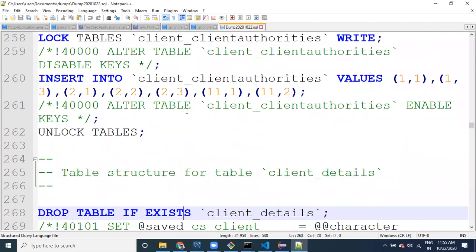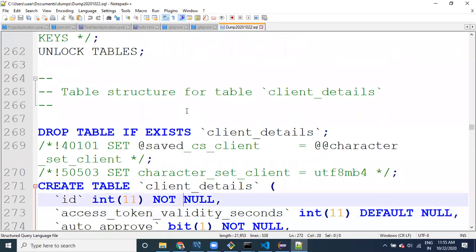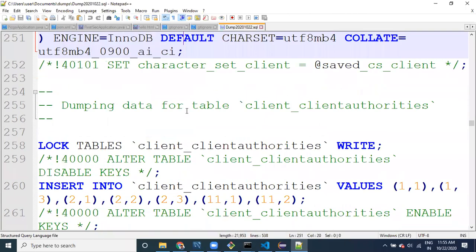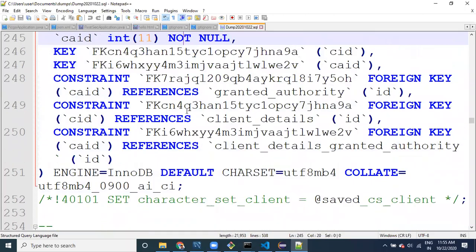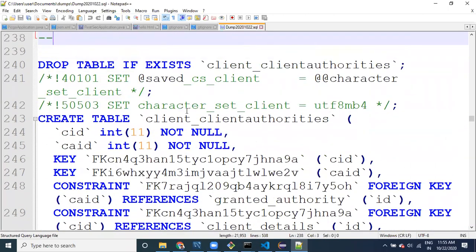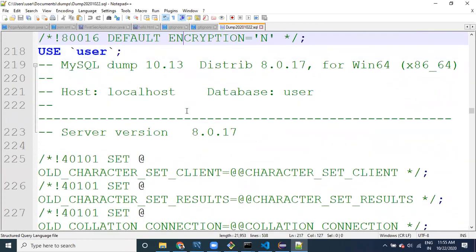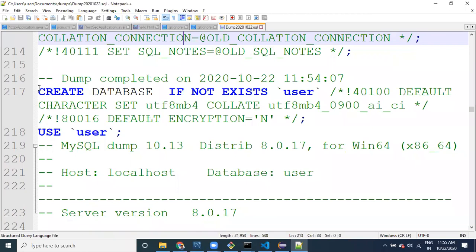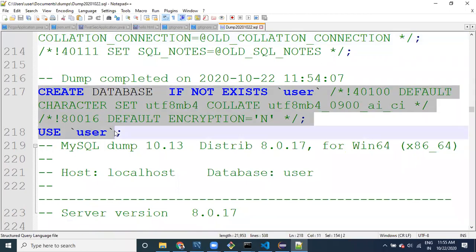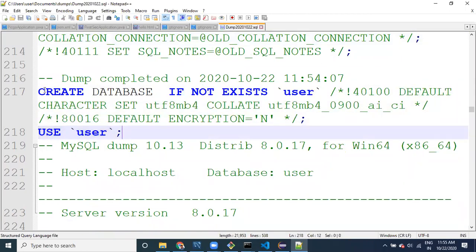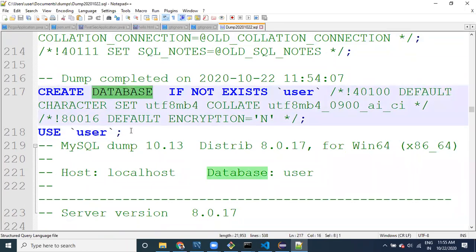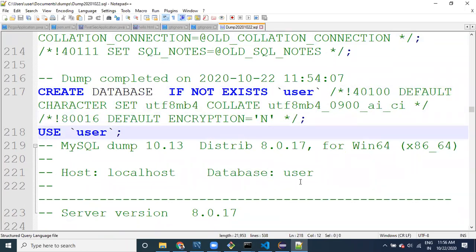See here, guys. Now tables, client details. Now here, these are the client details. Client details are available in which schema again? That is a different schema, right? Client authorities and all. See if I go up somewhere, from here onwards, user details. So this file contains two databases. It creates the database also. If you run this file, it creates the table and it inserts the data as well.